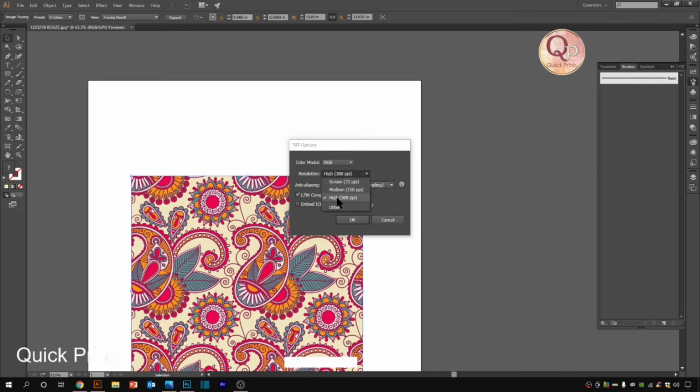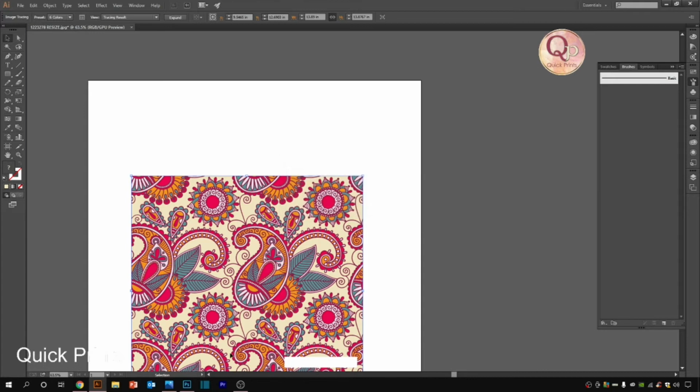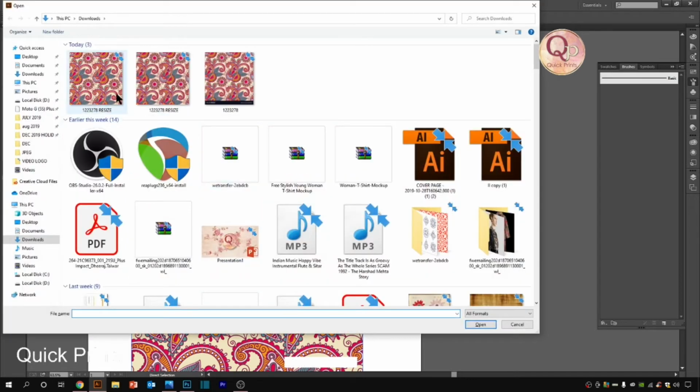Resolution should be 300 because we have been maintaining 300 resolution from the start of the image, so I'm keeping it 300. Anti-aliasing is the thing which I have explained in earlier videos as well. It makes pixelation, so I'm keeping anti-alias none, so that it will not pixelate my artwork after converting into 6 colors. LZW compression is a compression of the file which does not extend the size. So I'm keeping it and saving it. Let me see how the size is coming. See, 545 MB is the size of the 6 color image, which is good enough.